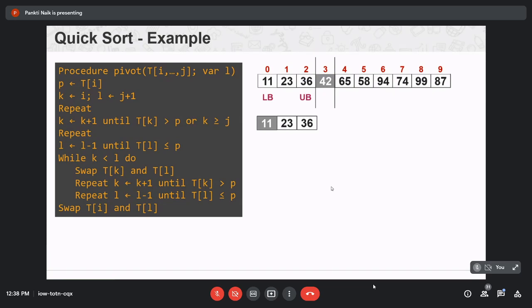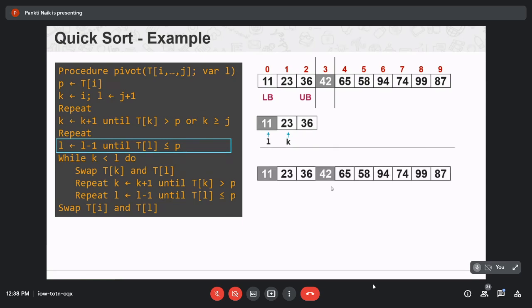Again apply the same procedure with the left subarray. So now your pivot P value is equal to 11. Repeat the same procedure and sort your array such that your pivot will reach its position.